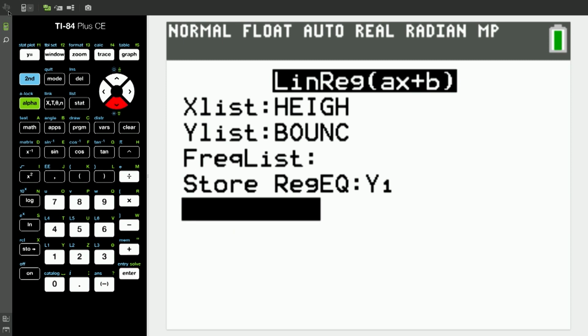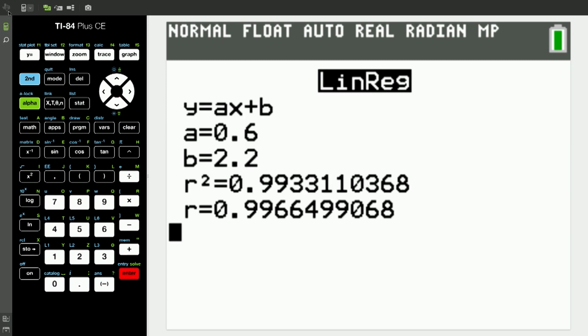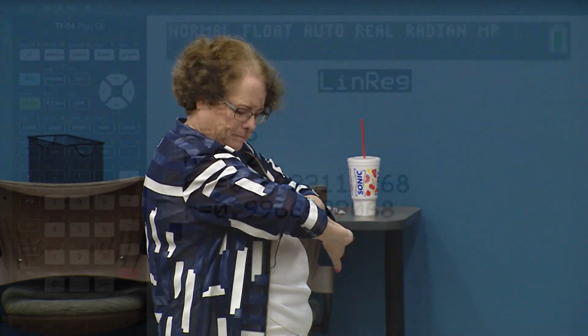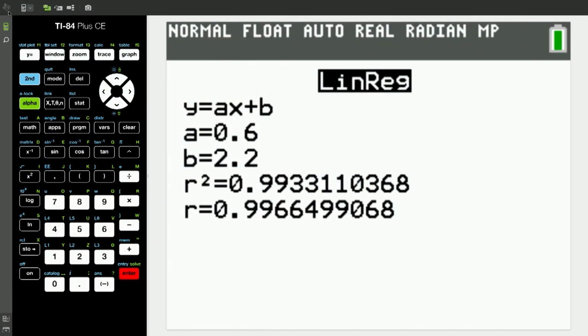Now I calculate. And that long list of numbers that you saw in that first thing, all of those different figures were used to get the A and the B. So that's all the stuff the calculator was doing behind the scenes. The little man in there did all those squares, he added them all up, he did the summations, he did all that work for you behind the scenes to give you this nice pretty screen.